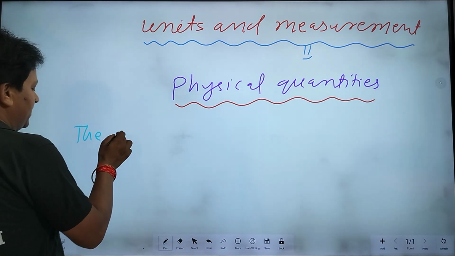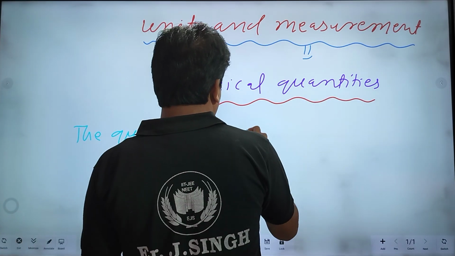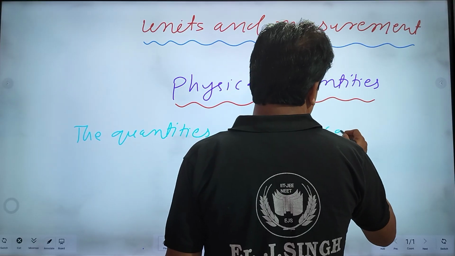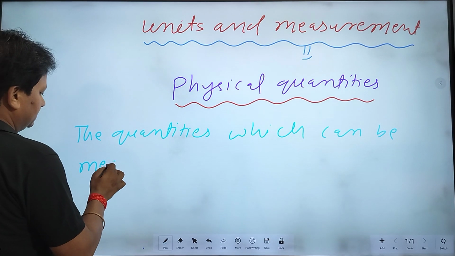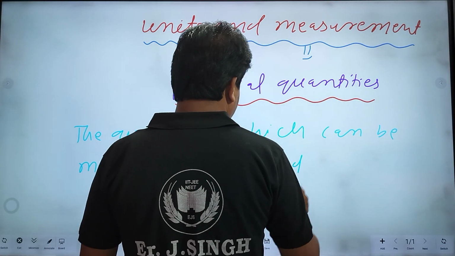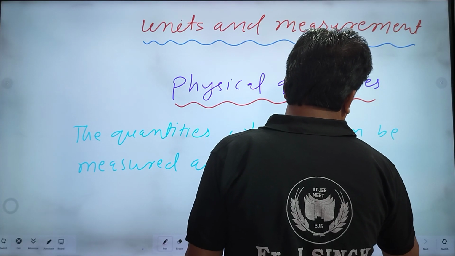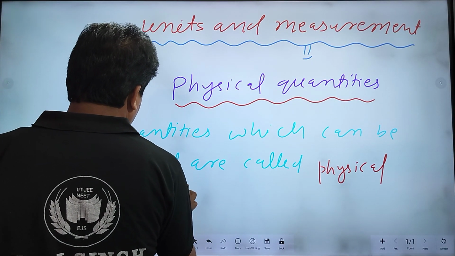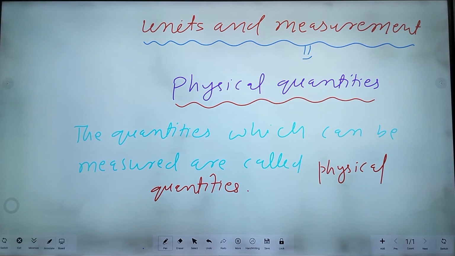The quantities which can be measured are called physical quantities, such as